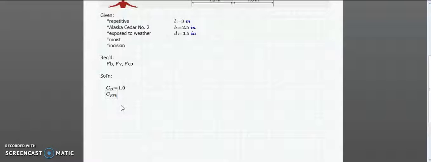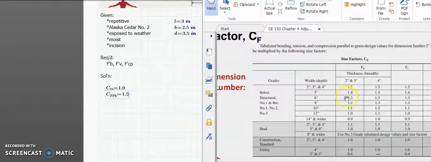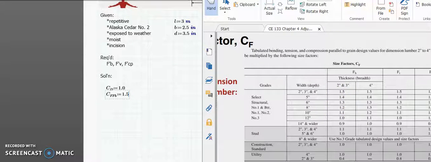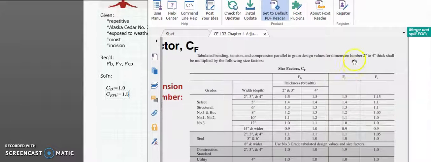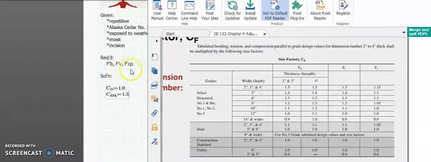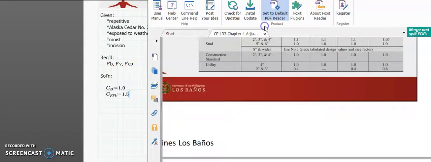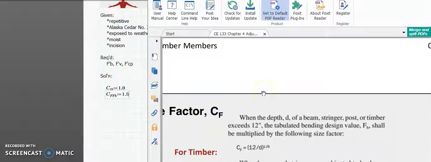I'll just use this notation, CF for the size and then FB as specific for bending. So 1.5. And no need to look for the size factor in tension and compression because we're only required to get the adjusted stresses for bending, shear, and bearing. Okay. Next